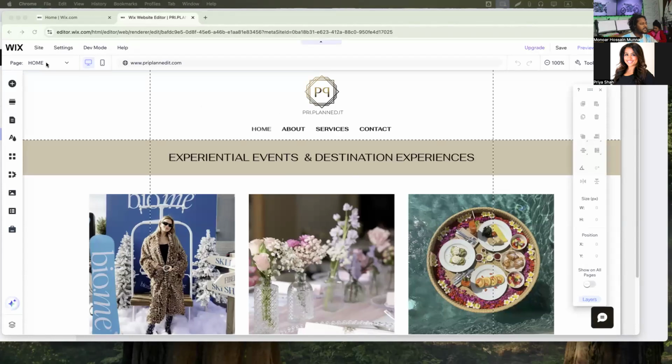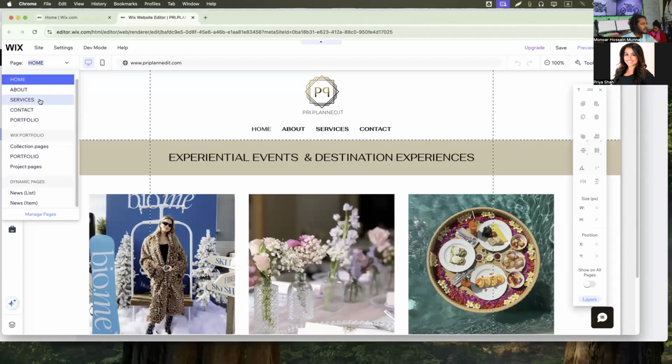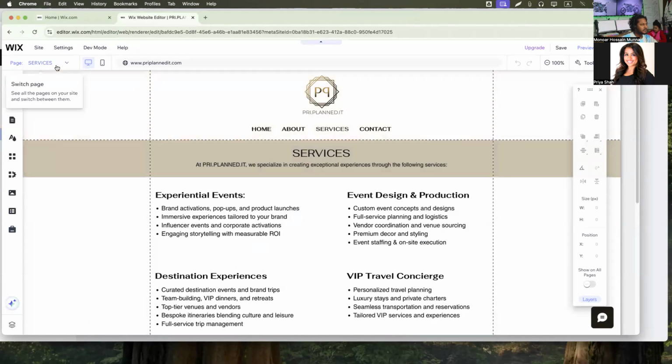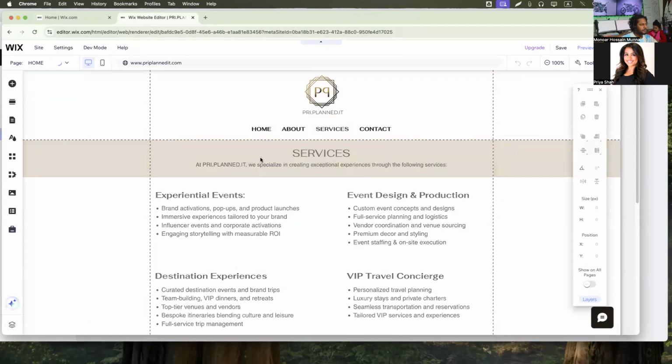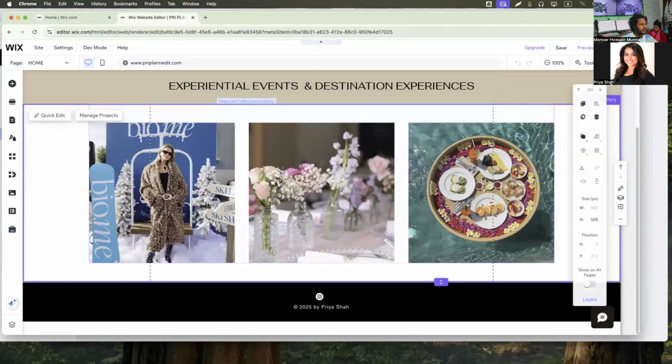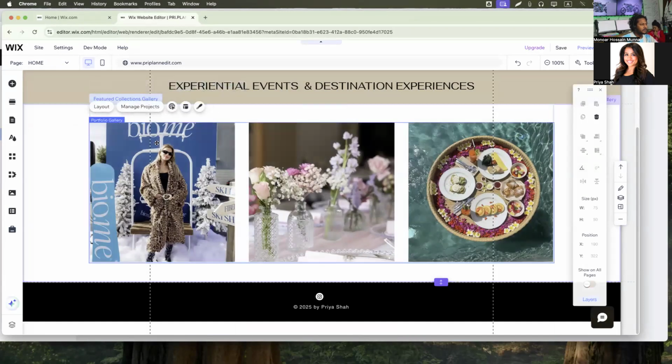Okay, so which page is this? Under mine, this page or services page? No, on this page I want it to show up. Okay, on the home page, you want to display more here, right? Mm-hmm. So let me go to